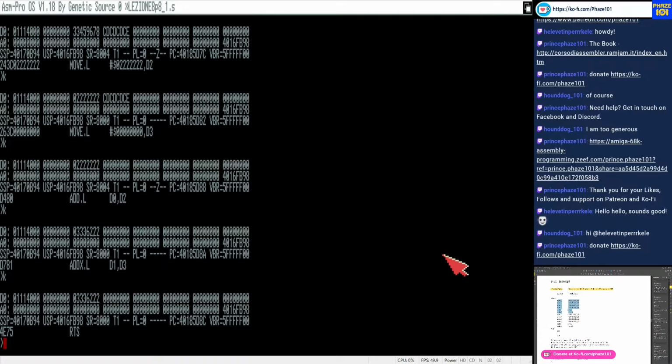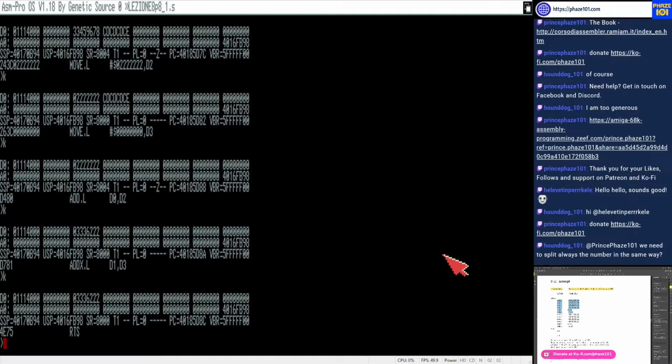As you can see, the result obviously is 0, but the ADDX instruction does not set the 0 flag, because ADDX doesn't affect the Z flag. So it leaves things as they are. So you need to be careful of this when doing